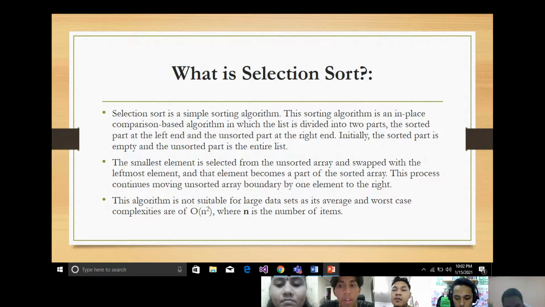As far as sorting of data structures using selection sort is concerned, we can only sort data structures which are linear and of finite size. This means we can efficiently sort data structures like arrays using selection sort. The logic of selection sort is to find the smallest element in the list repeatedly and place it in the proper position.